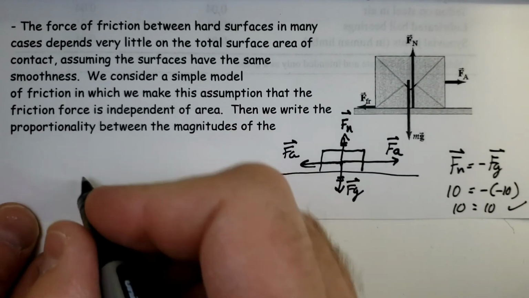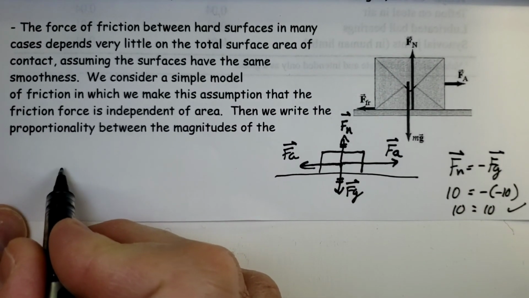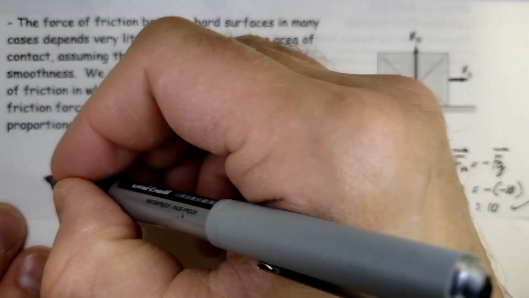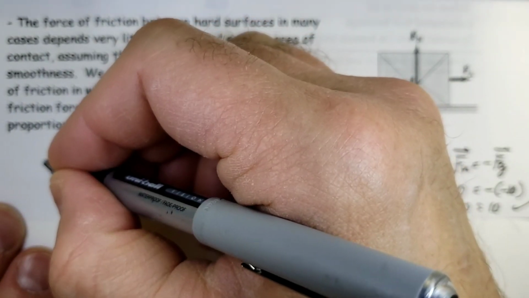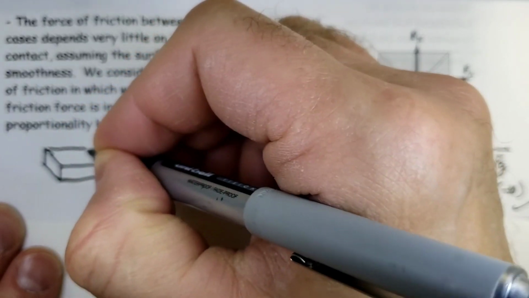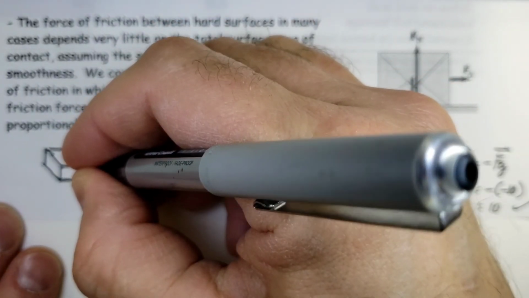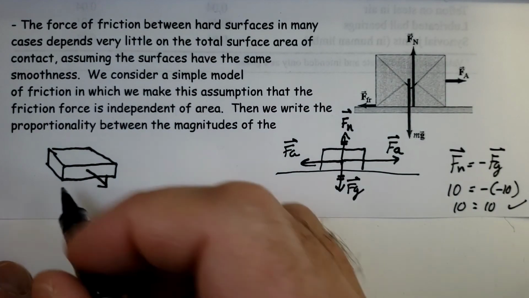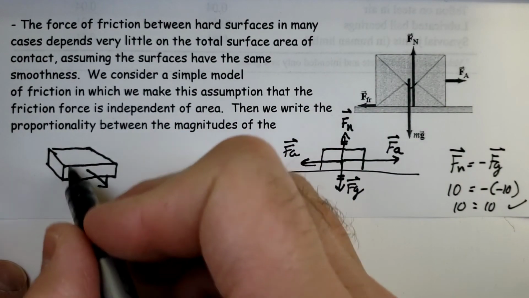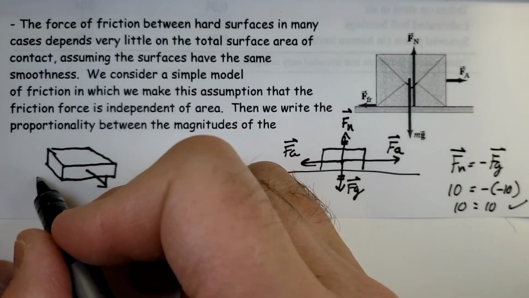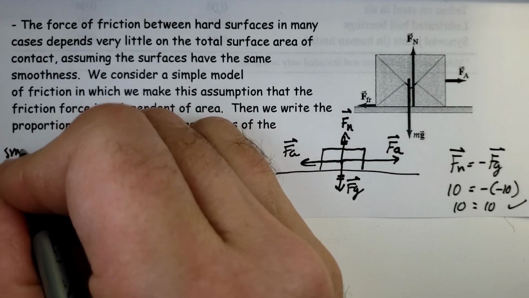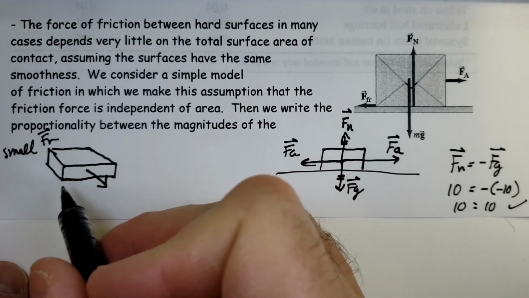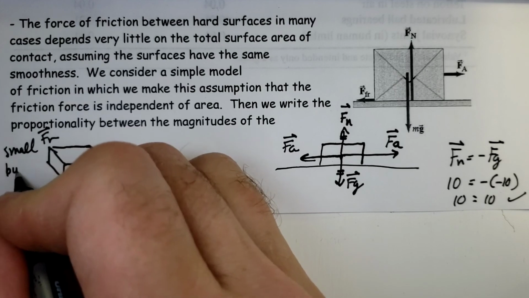For example, if I have a block, I'll try to draw it in 3D here, and let's say it's being pulled out of the page. In terms of Fn, I'll have a small Fn in each unit area,